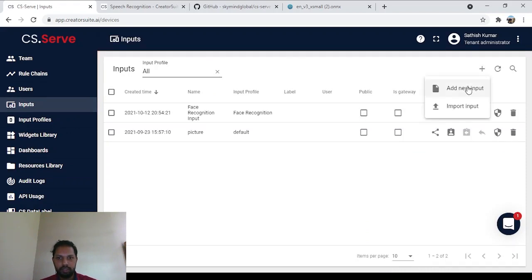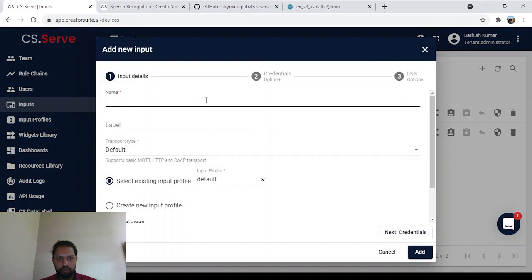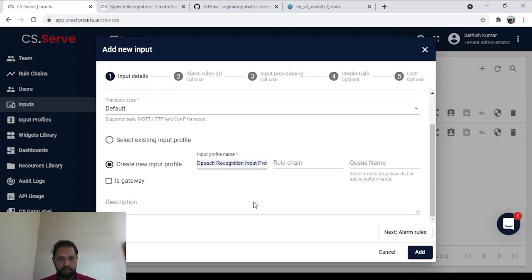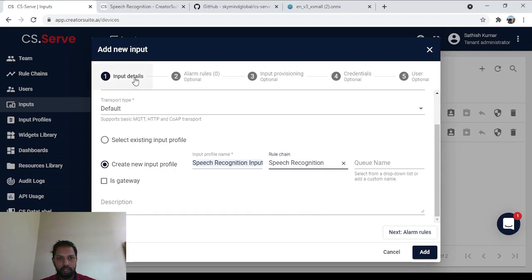Click plus button, add a new input, face, speech recognition input. Right, the others can be default, and then choose a new input profile here. Input profile. The rule chain, make sure you choose the correct one, which is speech recognition. We just built that. So now we have created the input and also the input profile in one single page,